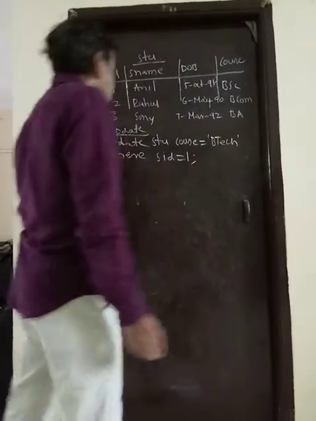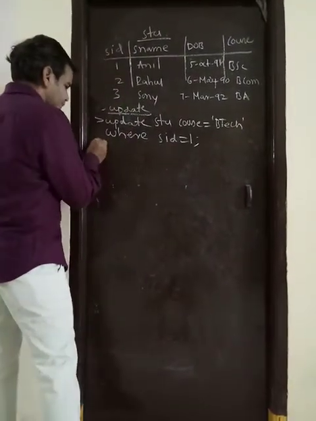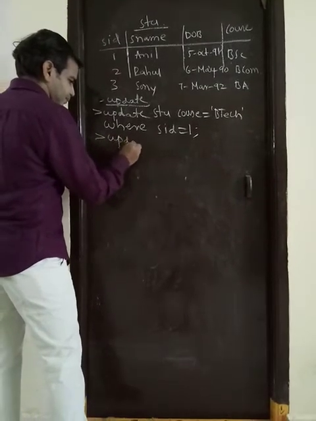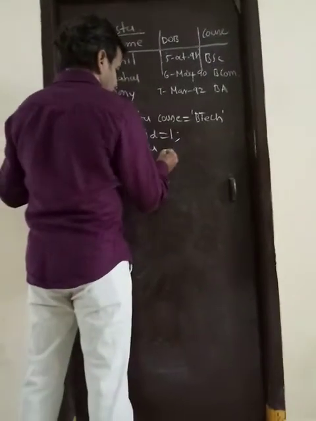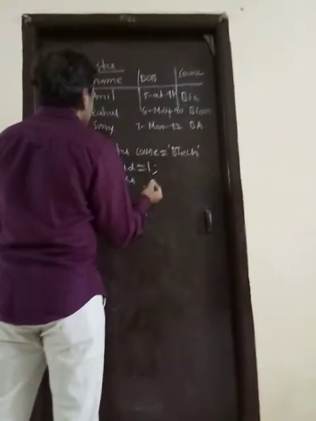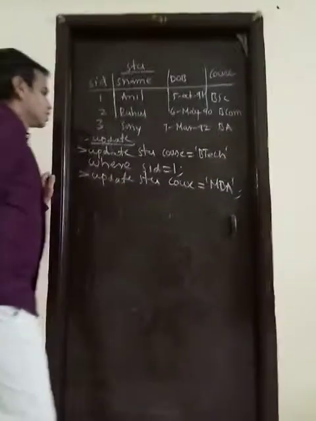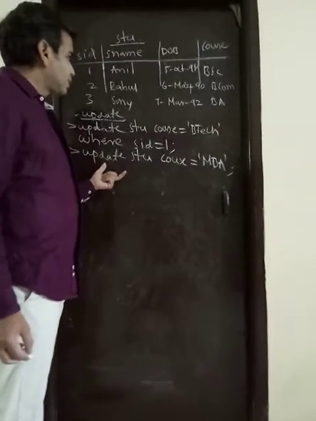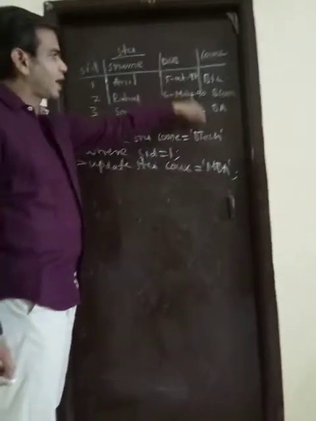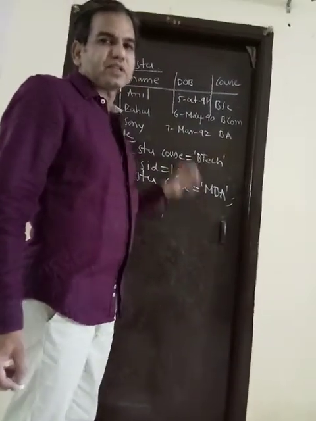So if you are not specifying a where condition, it is applicable to all rows, that we will see. So update table student, then you take the same. I am taking course. Here I am specifying MBA. I am not specifying any condition. So if you are not specifying the where clause, it is applicable to all values. So automatically the course of 3 rows is updated as MBA. This is the update command.